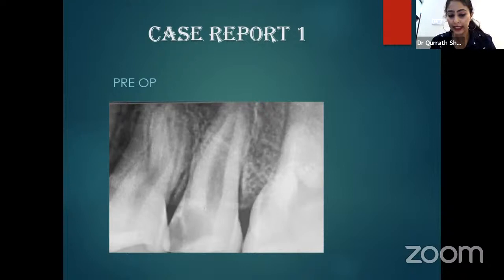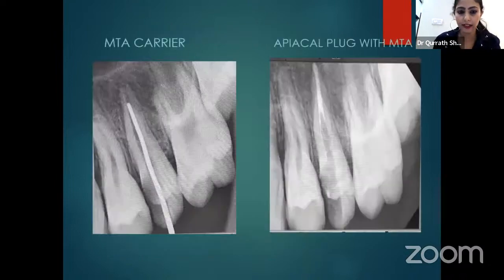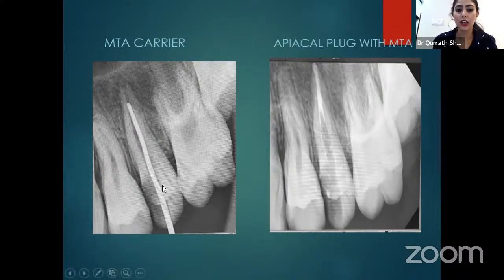In this case, I particularly did a single sitting endodontic therapy. After the irrigation was done, I used the MTA cement. MTA cement is basically in the form of powder and liquid. I mixed it. Again, you can use an MTA carrier or an amalgam carrier. If you do not have MTA carriers, as a substitute, you can also use amalgam carriers